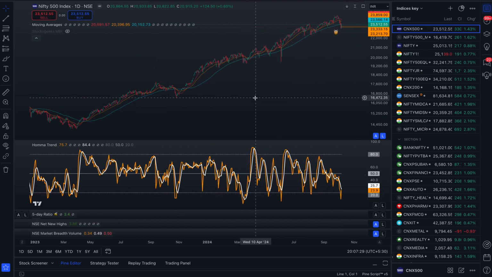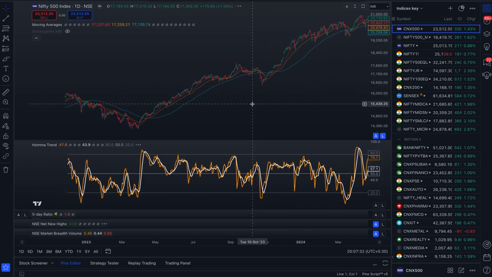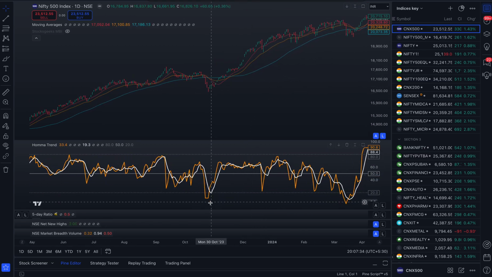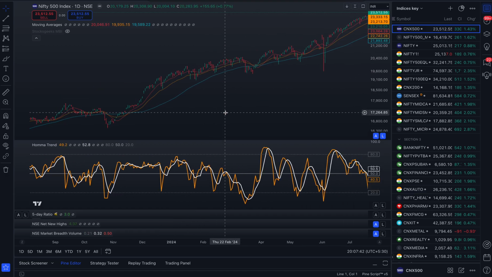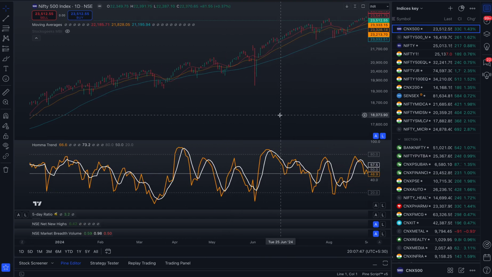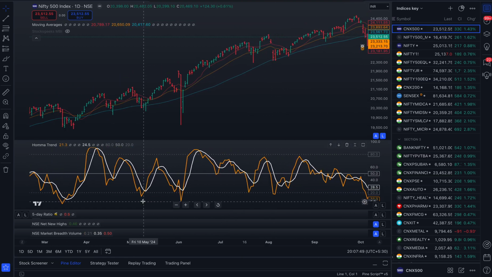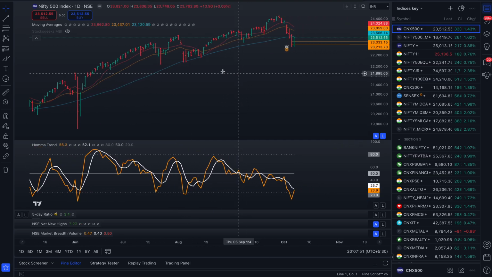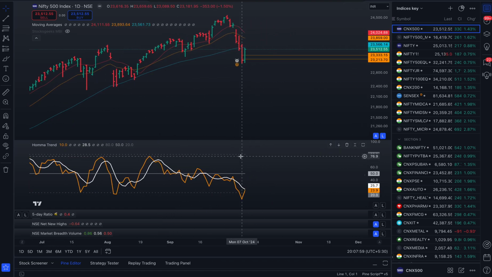So if you see all previous bounces, this has come from levels where the breadth has undercut the 20. Around here this was the undercut, and very soon the bounce followed. Every time it undercut that level, the 20 level, even in this case, it was a quick touch of 20 and then bounce, quick touch of 20 and then bounce. And on Friday it was close, but post Monday, I mean yesterday, it was really